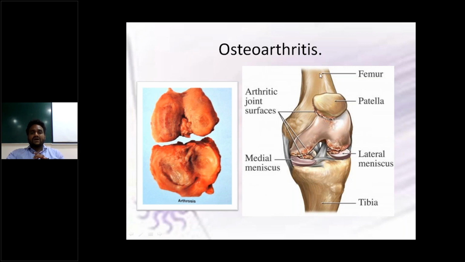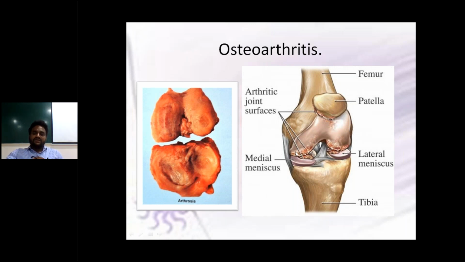First one is osteoarthritis. What is the meaning of osteoarthritis? Degeneration of articular surfaces. Very good. So degeneration or erosion of articular surfaces of the joint and also hyaline cartilage. Articular surfaces means hyaline cartilage only, as articular surfaces are usually covered and formed by hyaline cartilages. So degeneration of the articular surfaces of the joint, that is called osteoarthritis.